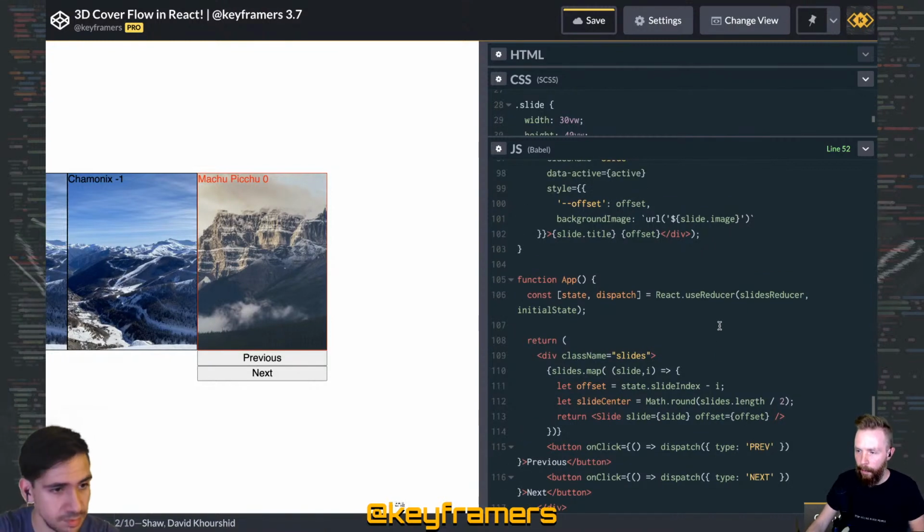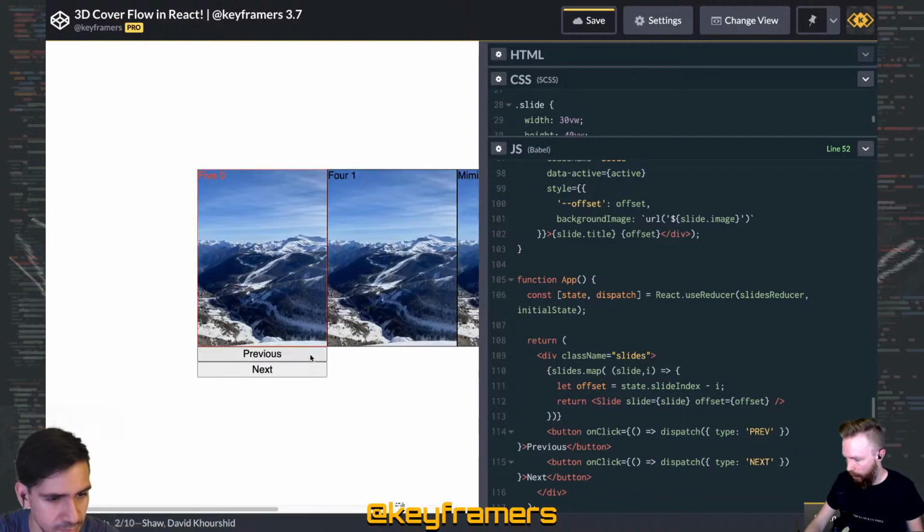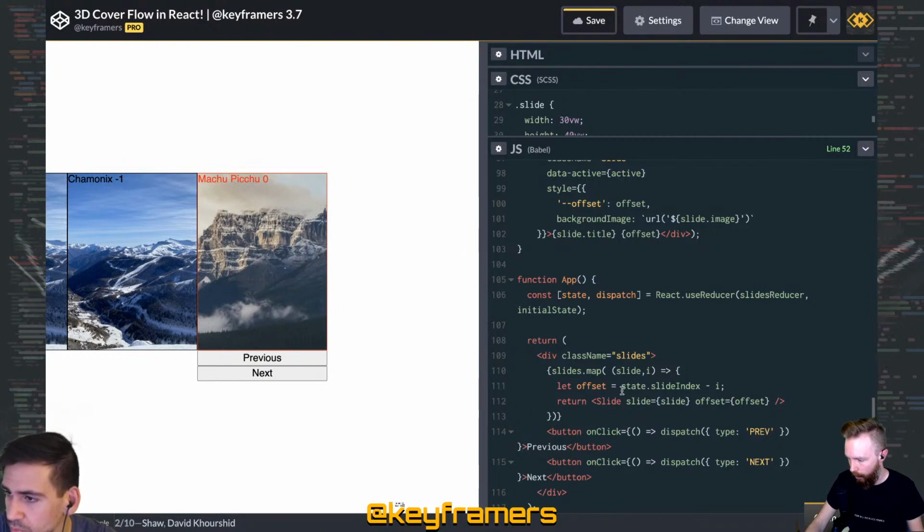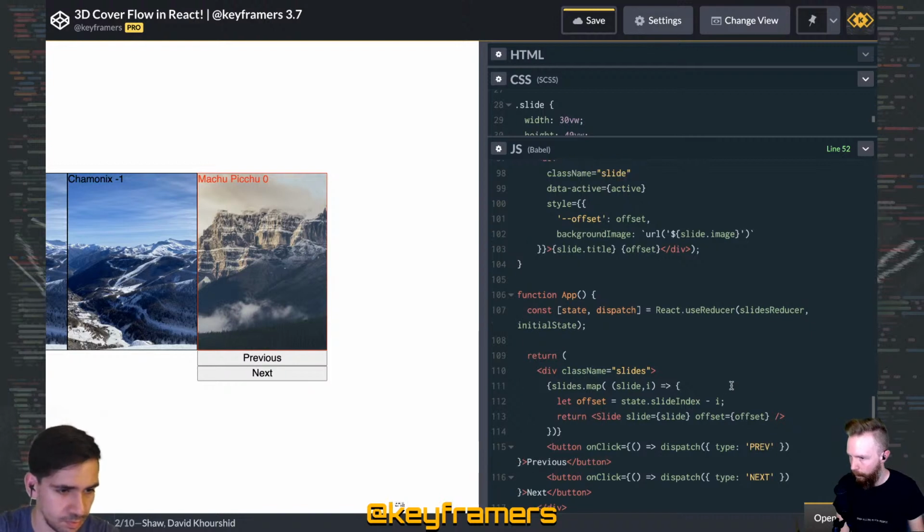Because basically you want two items on the left and 2 items on the right. But that's not going to be the case unless you are in the center. So let's see, we want